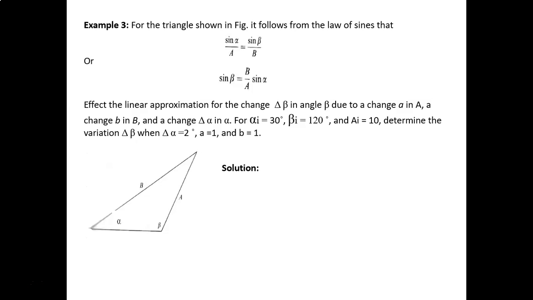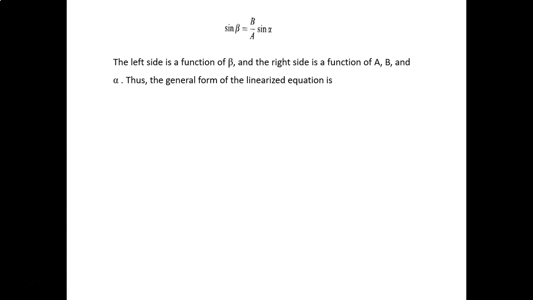Now which equation have they given? Sin beta is equal to B divided by A into sin alpha. Therefore we will differentiate this equation. Now here three variables are there, B, A and alpha. That is, beta is a function of three variables, B, A and alpha. Therefore the left side is a function of beta and the right side is a function of A, B and alpha. Thus the general form of the linearized equation is,